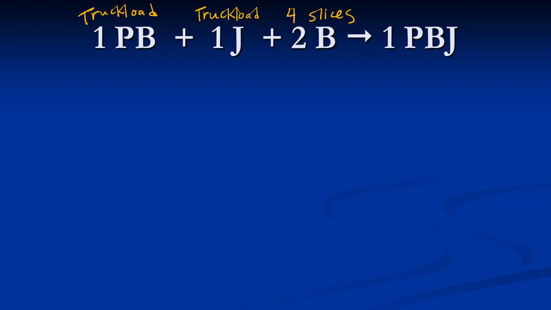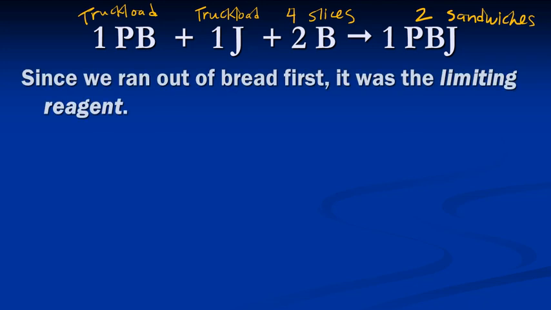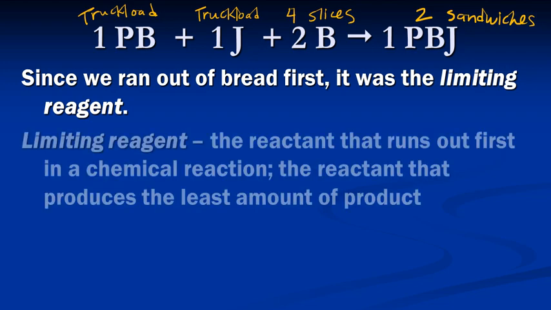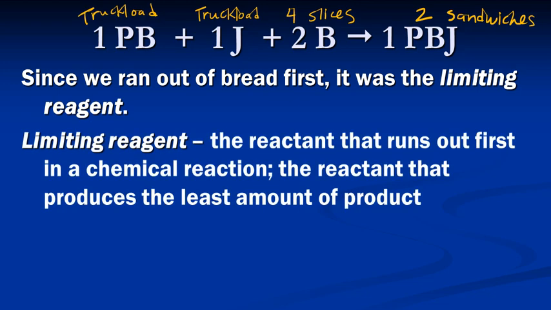How many sandwiches are we going to be able to make? Well, I hope you realize that we're only going to be able to make 2 sandwiches. And that's because we're limited in our ability to make the sandwiches, because we only have 4 slices of bread. And so in our example there, since we ran out of bread first, in chemistry we call that the limiting reagent. The limiting reagent, or sometimes called the limiting reactant, is the reactant that runs out first in a chemical